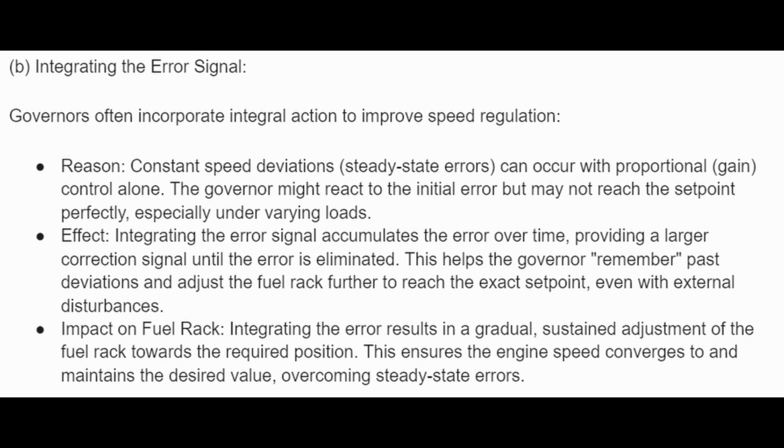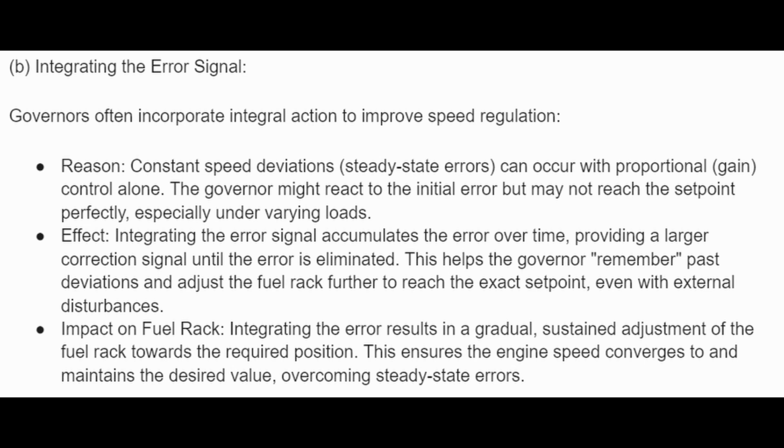B. Integrating the error signal. Governors often incorporate integral action to improve speed regulation. Reason: constant speed deviations, steady-state errors, can occur with proportional, i.e. gain, control alone. The governor might react to the initial error, but may not reach the set point perfectly, especially under varying loads. The effect: integrating the error signal accumulates the error over time, providing a larger correctional signal until